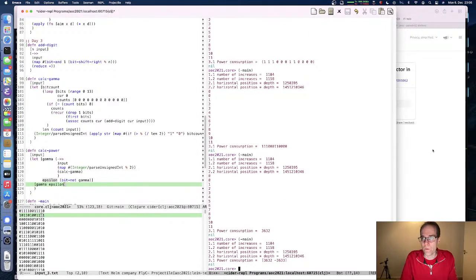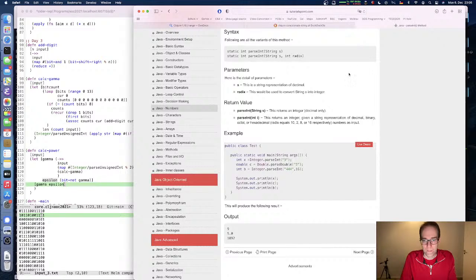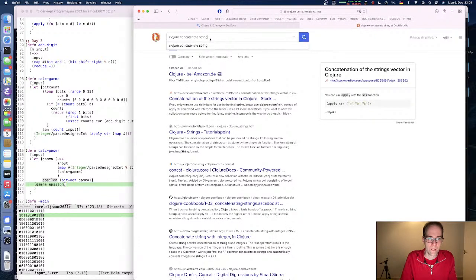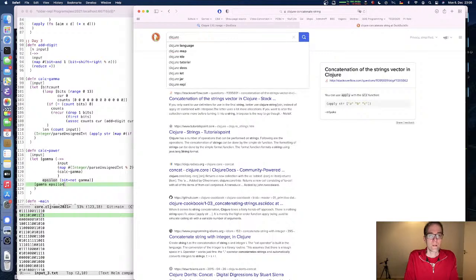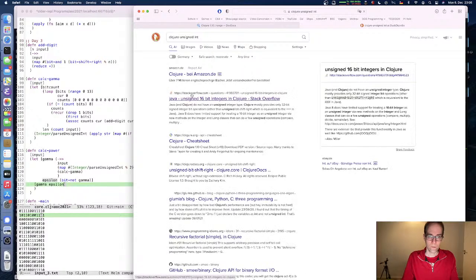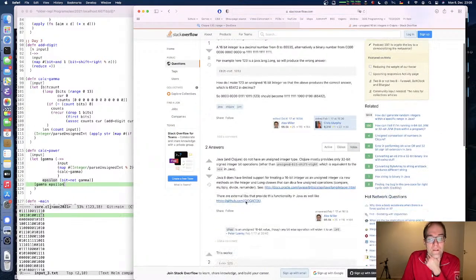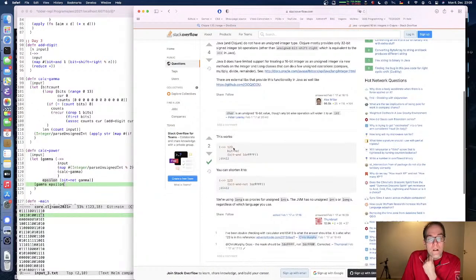And that was one problem, right? But there was this one trick, hopefully, Clojure unsigned int. We had this trick here. But the problem is,